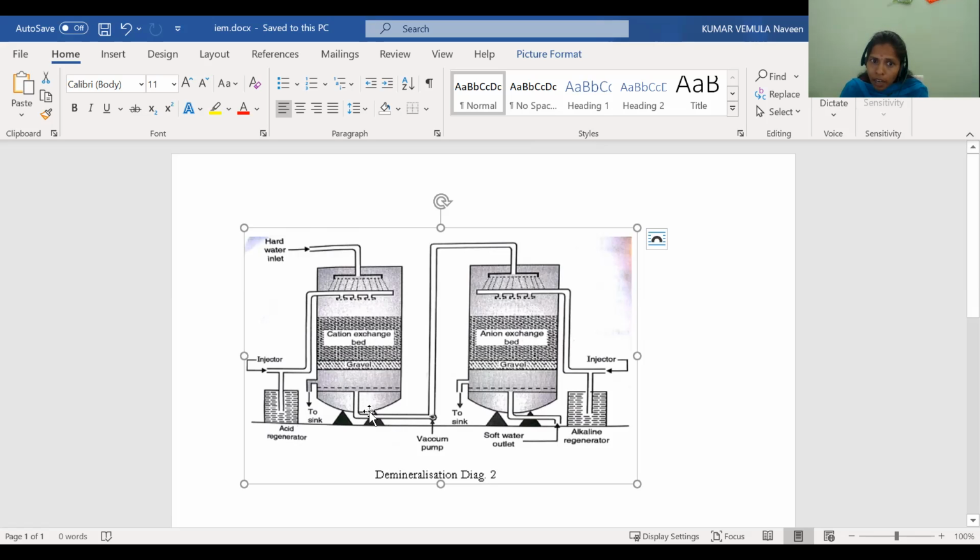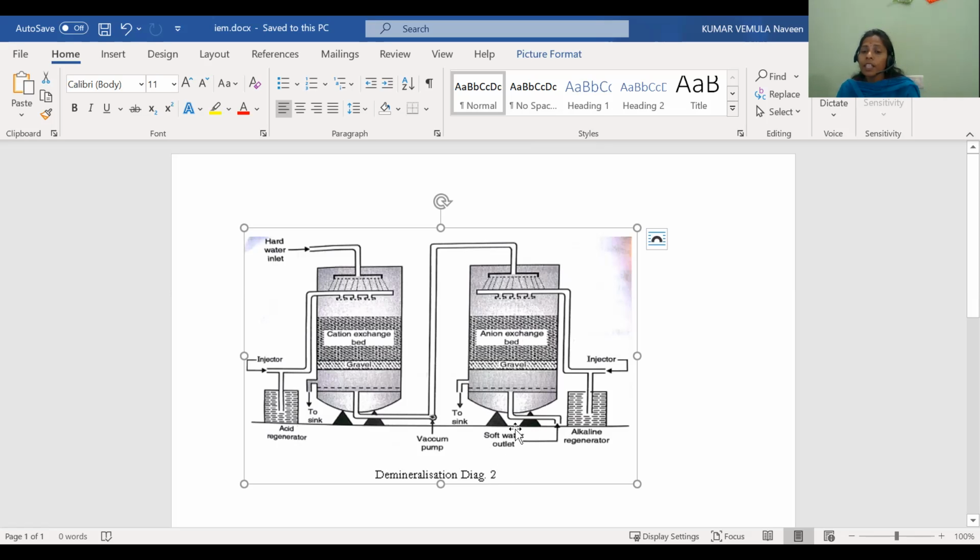So the water which has only anions passes through the anion exchange bed. This is the anion exchange resin. When the water passes through the anion exchange resin, what is happening here? It is exchanging all the hardness causing anions in the water sample. It is removing all the cations, and it is removing all the anions. Is there any cation or anion which is causing hardness? No, there are no cations and no anions which are causing hardness. So finally, we get soft water. It is a soft water outlet. Through this outlet, we can collect all the soft water.